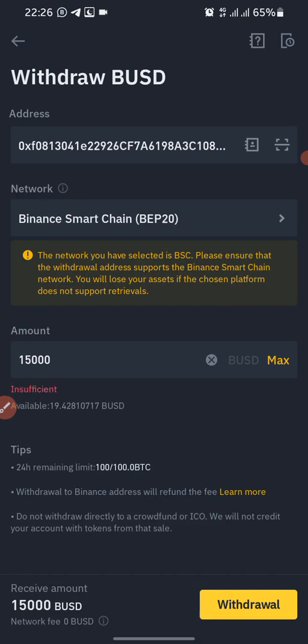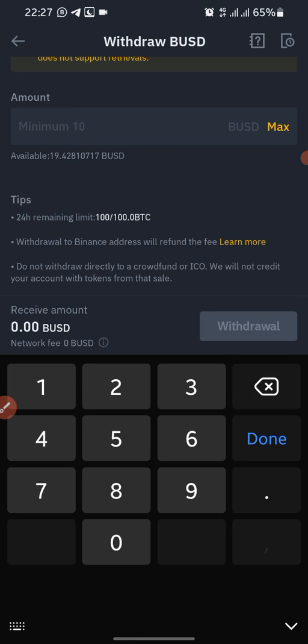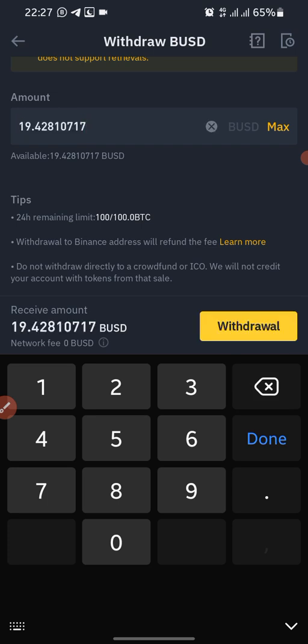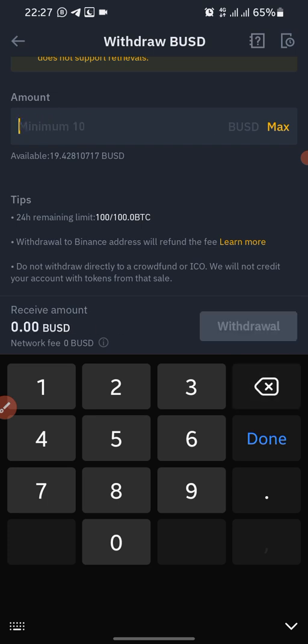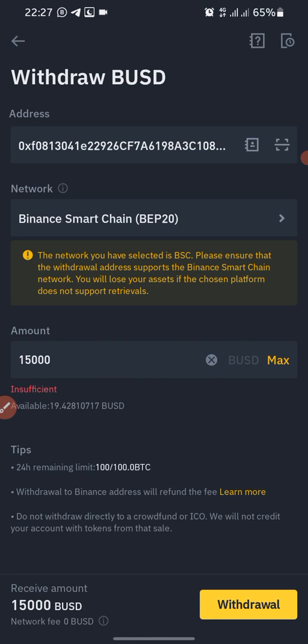It's telling me insufficient, that I have 19 BUSD. Are you okay? Max, no. I'm moving 15 BUSD. So that's it, and once you're done, you click on withdrawal. Why is it telling me insufficient?